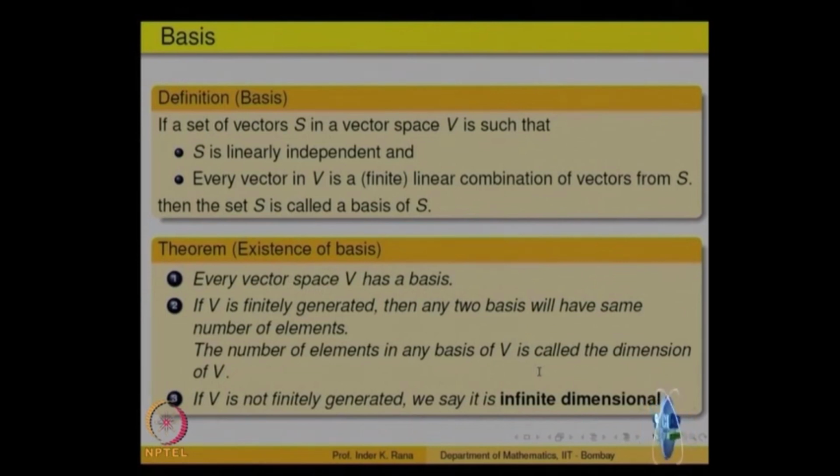So, what is the idea of the basis, same as for finitely generated. If this vector space is non-zero, that means there is some element in it which is other than 0. If it is only 0, then there is nothing to show anyway, right? It has dimension 0, the zero element is there. If there is one non-zero element in it, whatever it may be, start with that. So, you have got one set which is linearly independent, but it may not generate everything. So, you want to enlarge it, add one more,